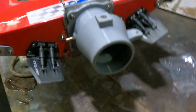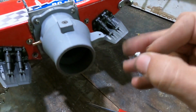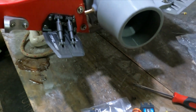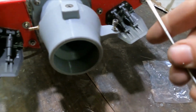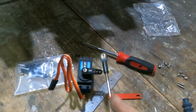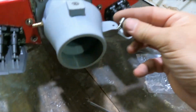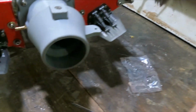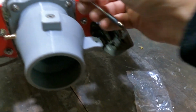I'm going to run the servo now. I would normally just run one of these. So you just put that through the hole there, and then this part of the rod just goes through that hole, and this part here goes on your servo with a bolt that goes through it. But unfortunately I can't do that because this is just too short to get through here, so I'm going to have to spin it around and use this side through here, and I'm going to run a bolt